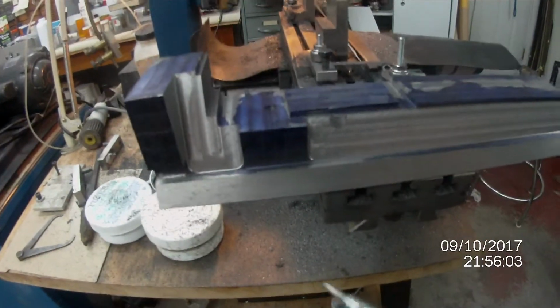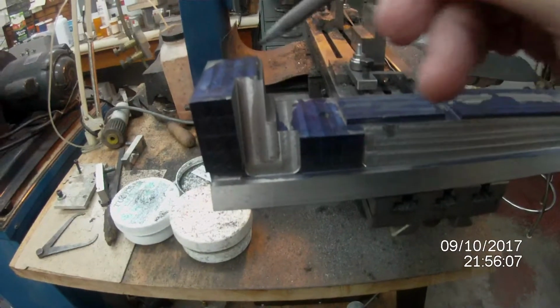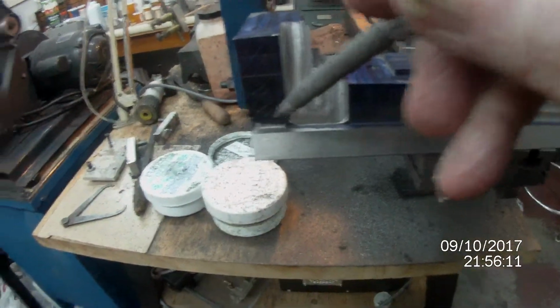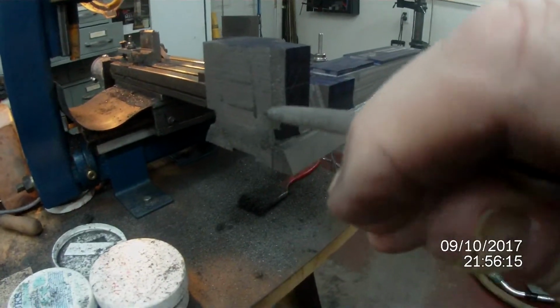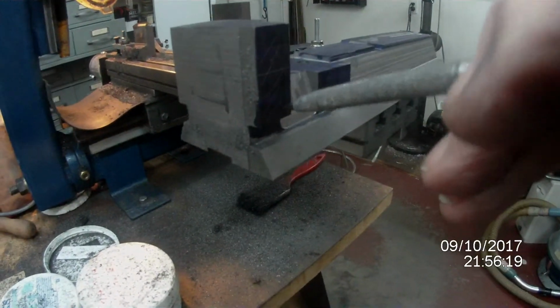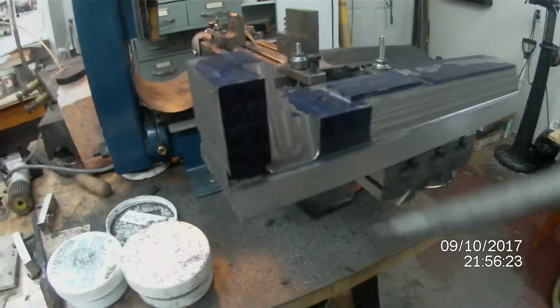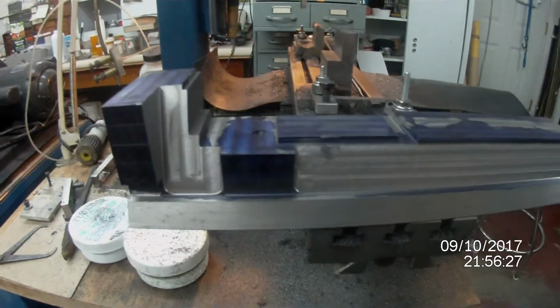What I could have done, and I realise now, is I could have cut this section out down and across here, so I could have cut that block out, and that evaded me, I'm afraid. But anyway,